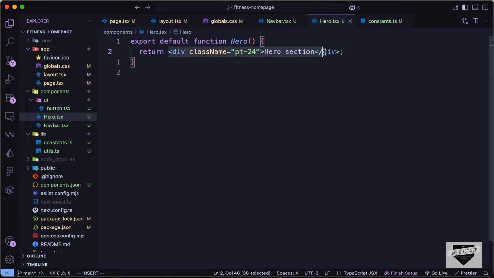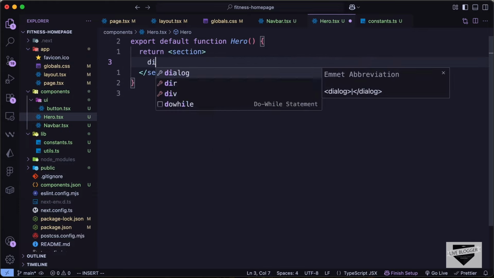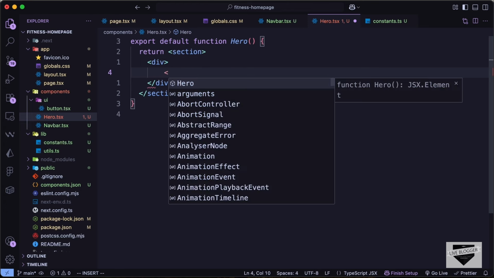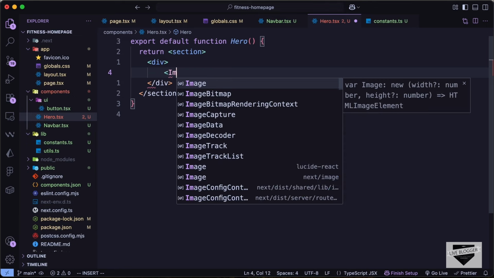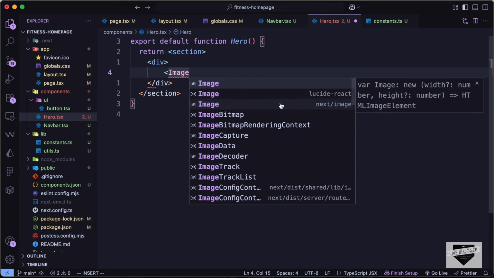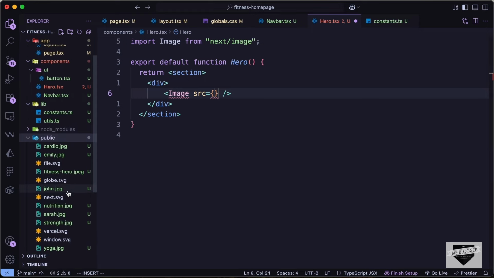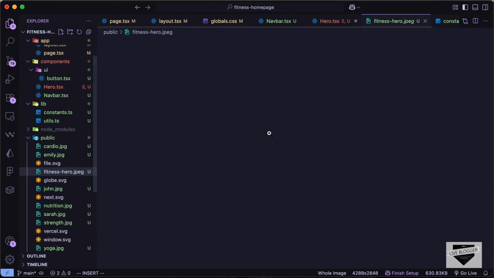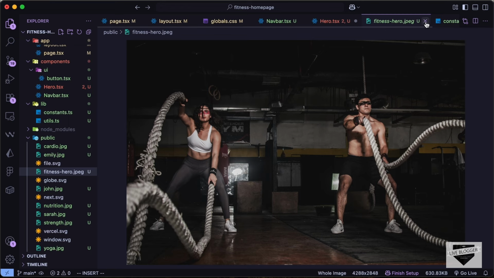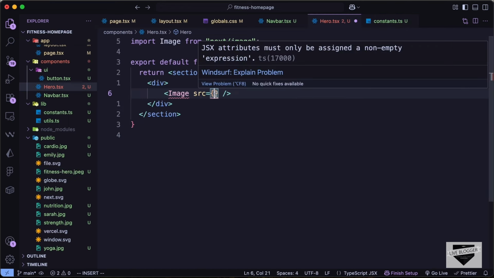So I'll just delete the div and let's create a section. So let's create a div for that, and in that we'll have an image tag. So let's use the image tag from Next.js. So you can just type Image and let's import it from next/image. Now this image tag will give us some more optimization for the images. So here let's go ahead and set the source. Now here in the public folder, I have added some images. So here we can see we have an image called fitnesshero.jpeg, and we're going to use this in our design. So here in the source, we can just directly type